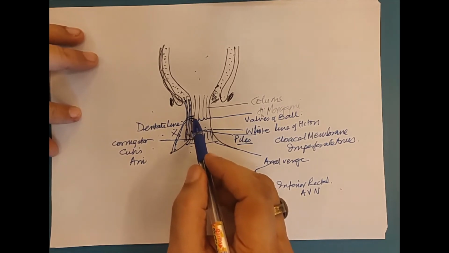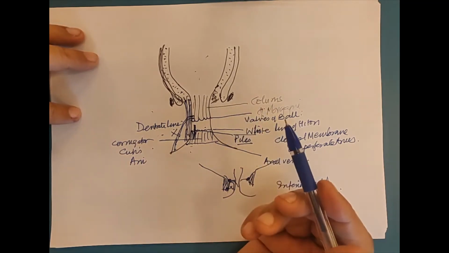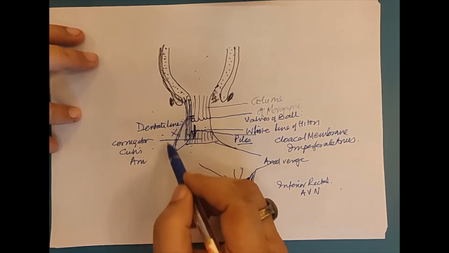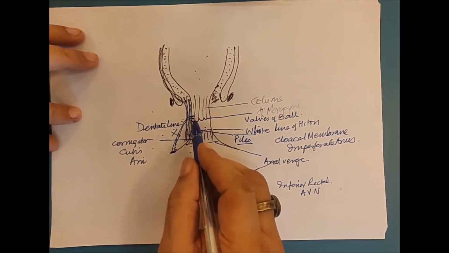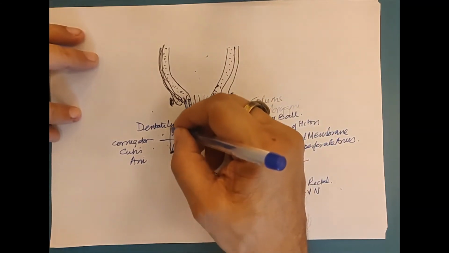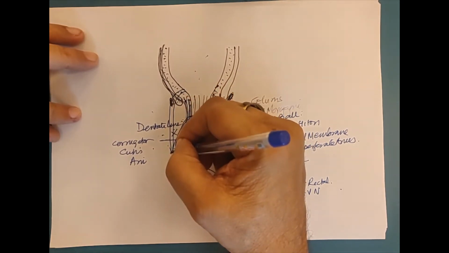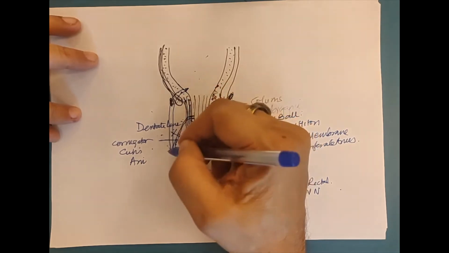And if this fistula is below the anorectal ring, it will not leak. So it can block here, it can collect here, cause an ischiorectal abscess, but it will not leak stool. But supposing this ischiorectal fossa is above the anorectal ring, it's a high fistula, then it will leak stool.